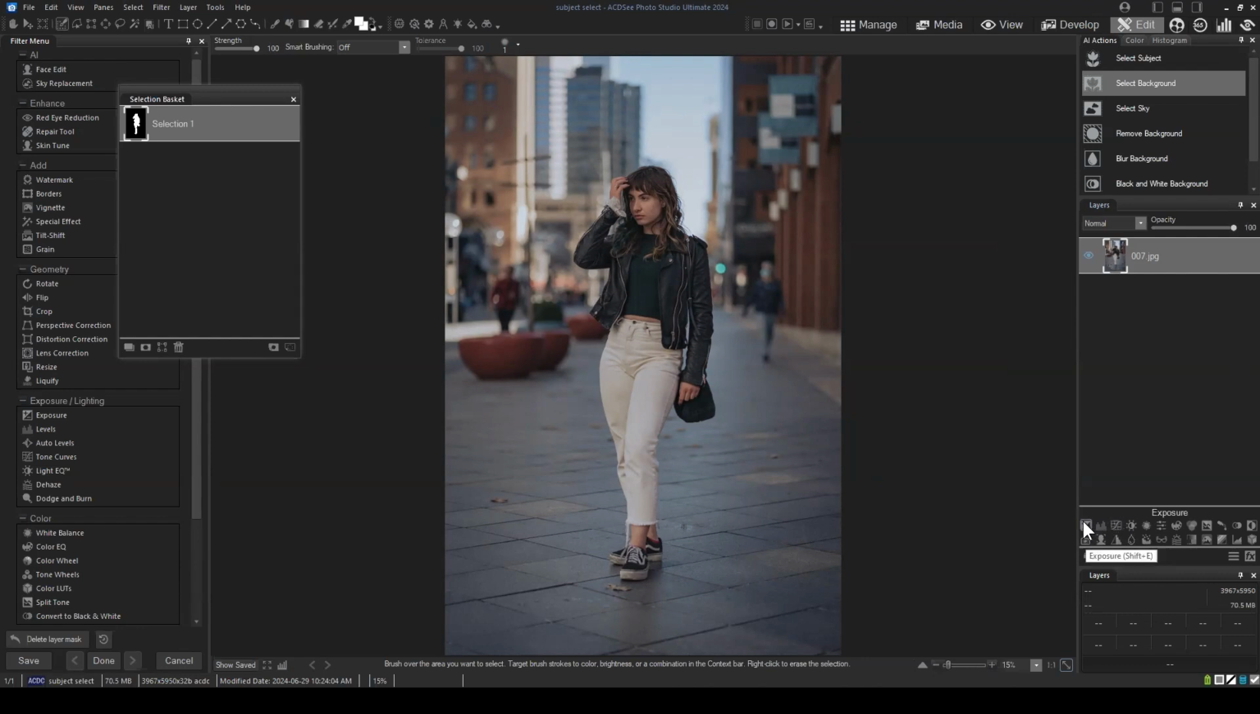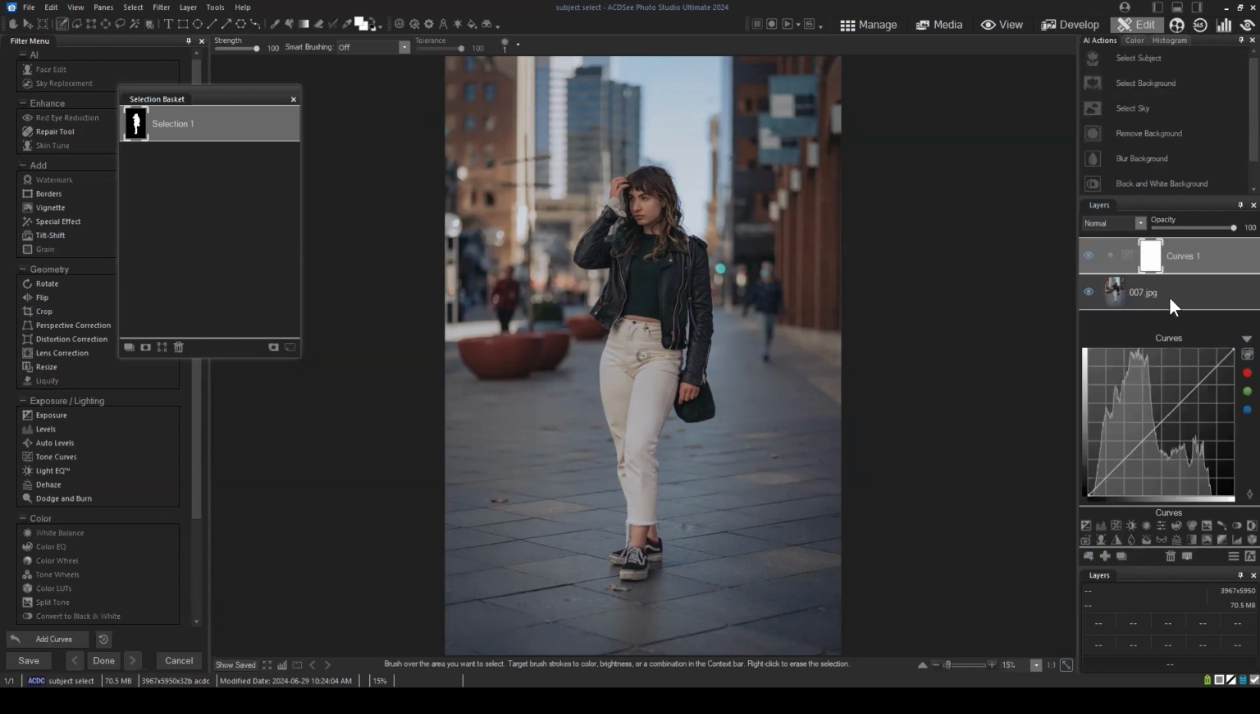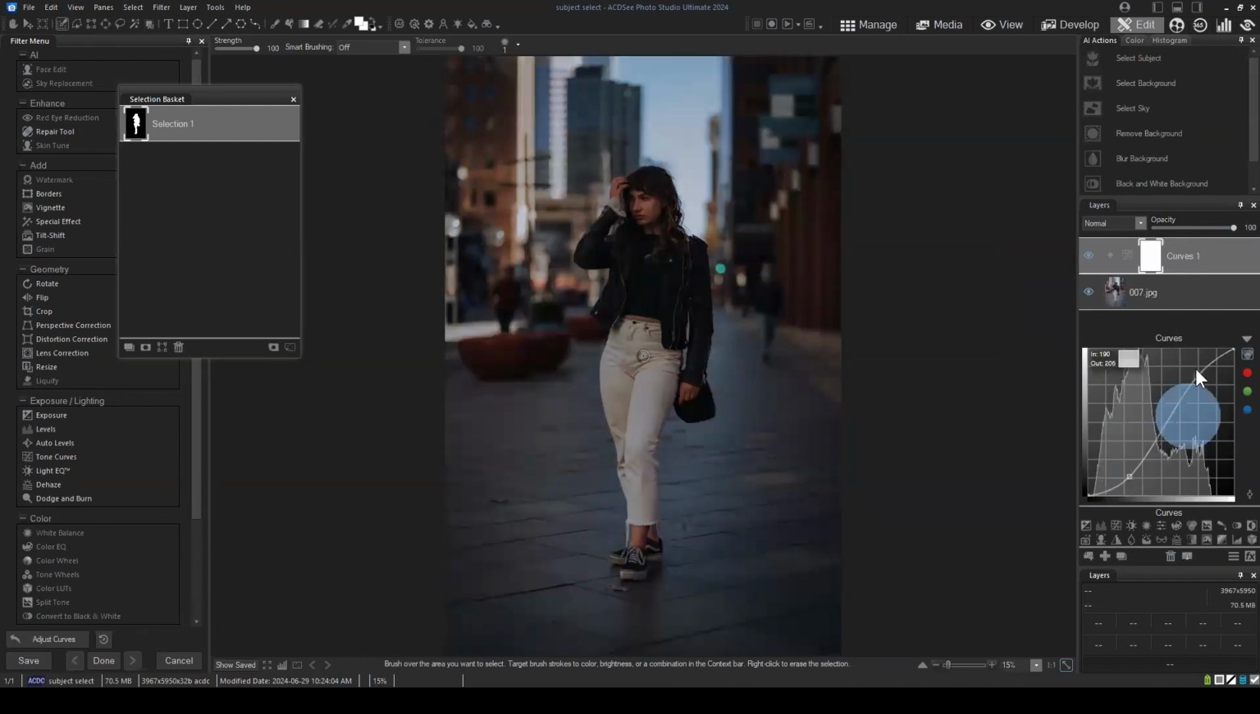Where exposure would increase or decrease the overall light in your image, and levels would adjust the midtones, highlights, and shadows, curves operates as a way to do really, really subtle adjustments of contrast that operate on a curve so that they have a natural application rather than a more egregious contrast adjustment. So what I can do is add a curves adjustment, and you can see that this curves adjustment is applied